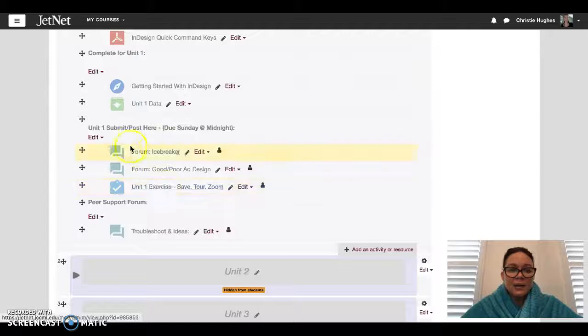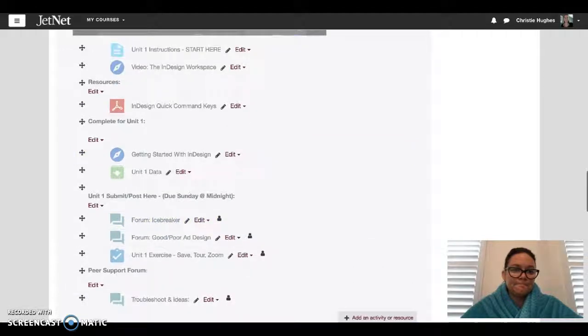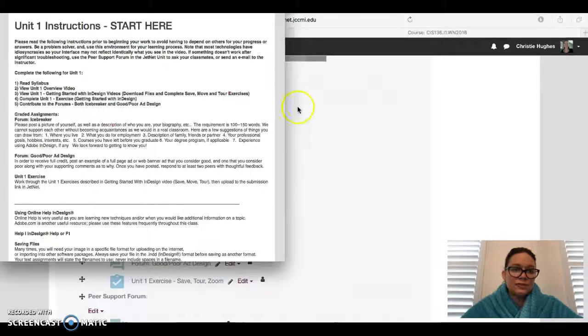Once you're done with that, you want to go ahead and do an icebreaker. Introduce yourself. Some of what I asked you to do for introducing yourself is just talking about maybe where you live, what you do for employment. You talk about your family. Any information you don't want to share, that is perfectly fine. I get it. Your professional experience or your professional goals,